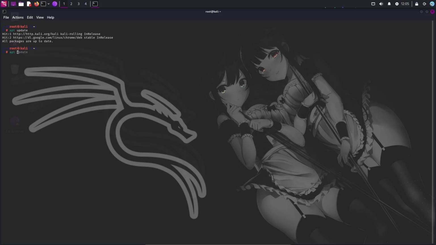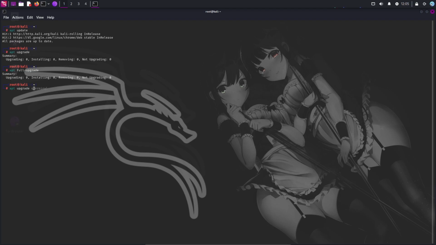You can upgrade them by doing apt upgrade. Boom. And as you can see, there's no packages to update, so it's not going to do anything. But then you would click Y if you did have any, enter, and then it would update. But some packages require apt full upgrade. And some of the packages, off the top of my head, as you saw,